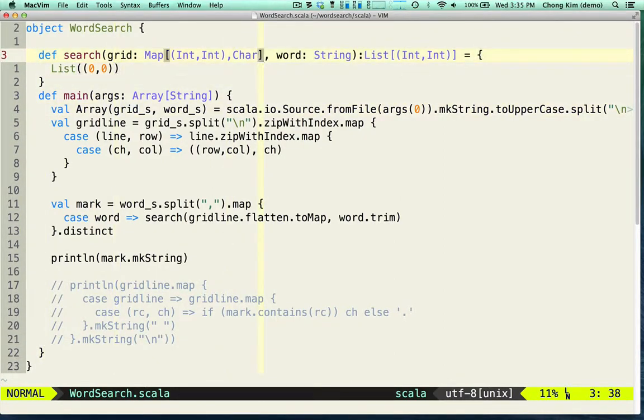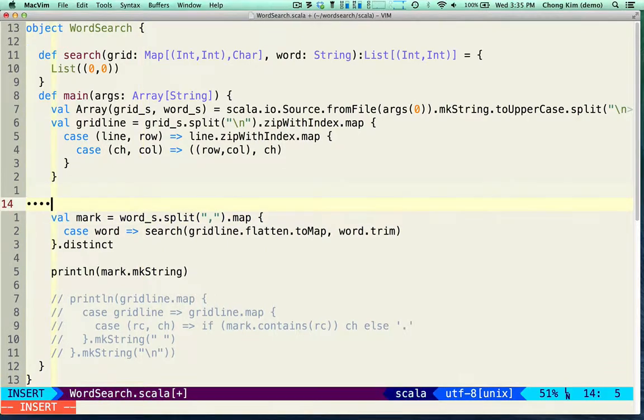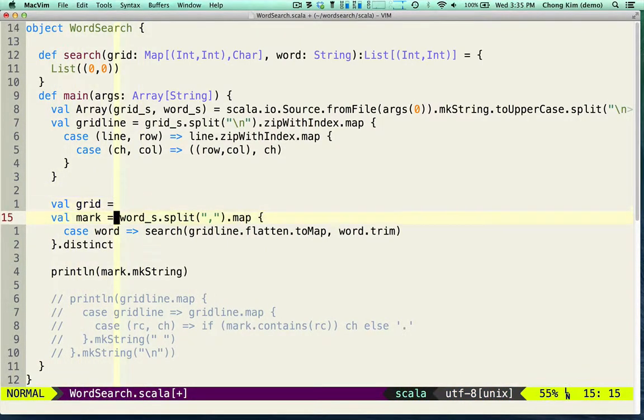Okay, what else do we need? We also need to know what grid position we're starting from. So we need to actually modify this so that it runs through all of them. It starts from, well, we need to have the grid line. So actually, it seems like we probably need to, okay, so let's just make a grid. Val grid is equal to